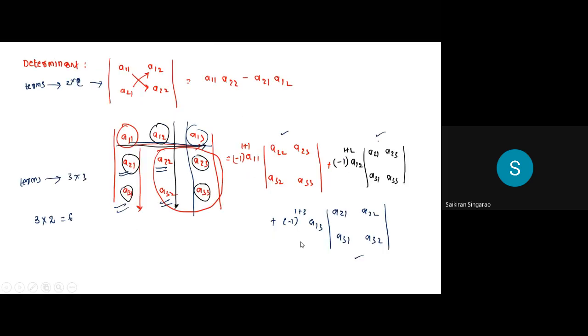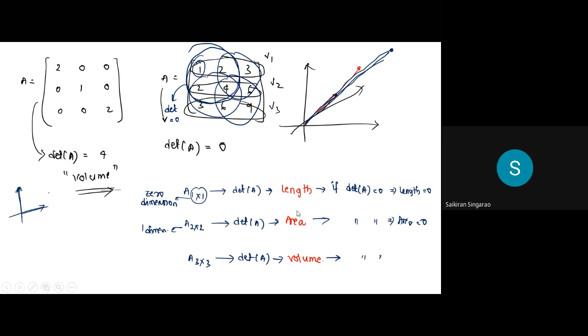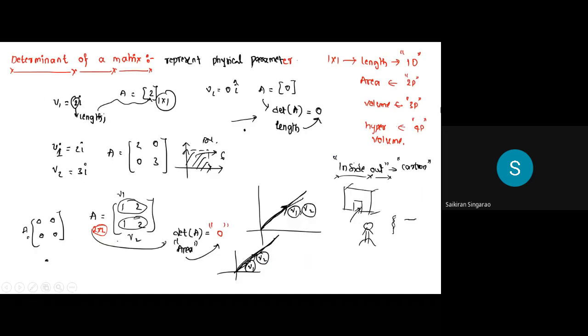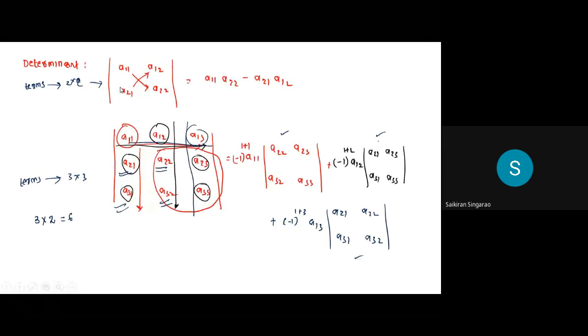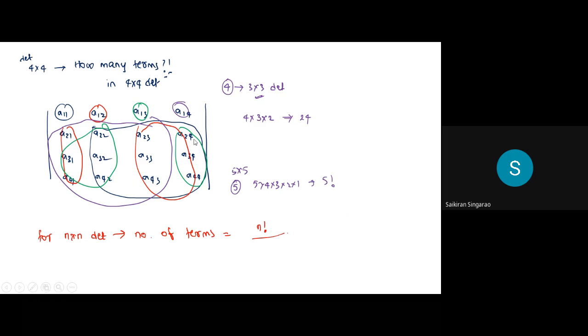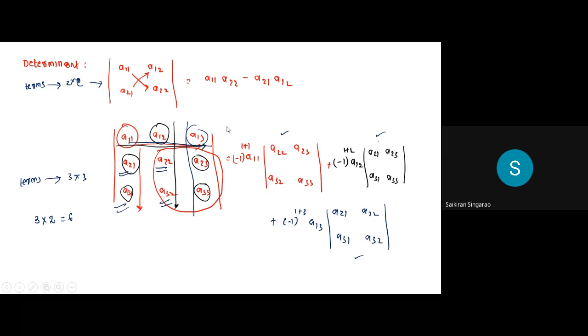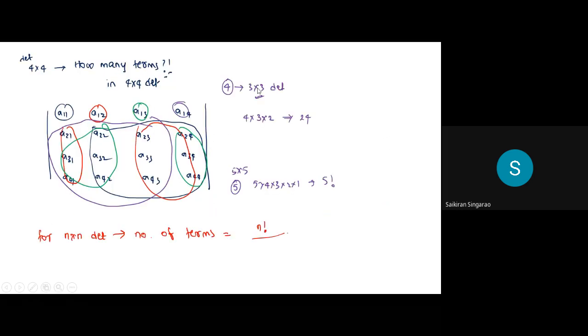So two things you got so far. One thing is what is the physical significance of it, and when the determinant becomes 0, what is the meaning of that? And the next thing is how to find a 2 cross 2 determinant, how to find a 3 cross 3 determinant or any higher order determinants, and how many terms will be there if it's a 1 cross 1 determinant or 2 cross 2 or 3 cross 3 or 4 cross 4 or 5 cross 5 or simply n cross n, right? Is this clear? Yes, sir. Very good.